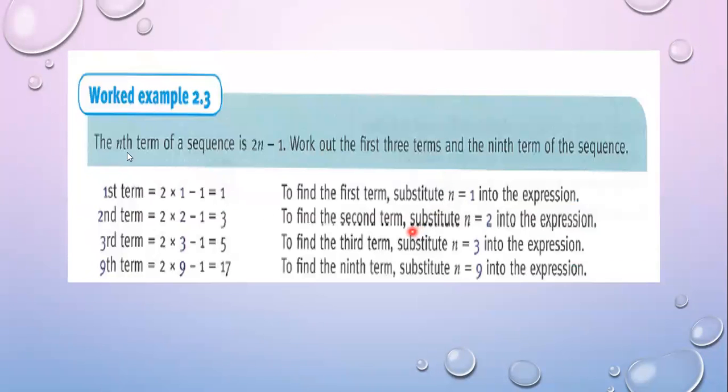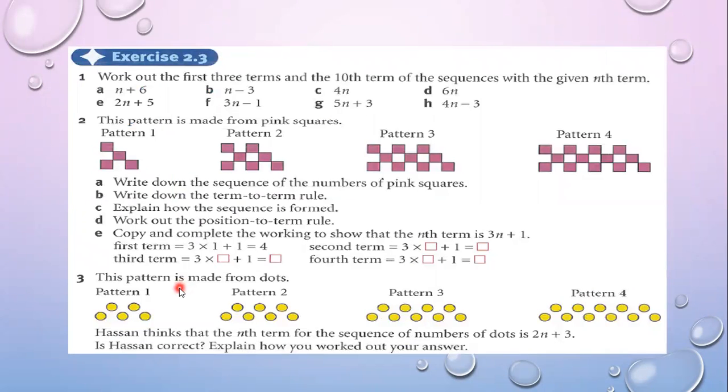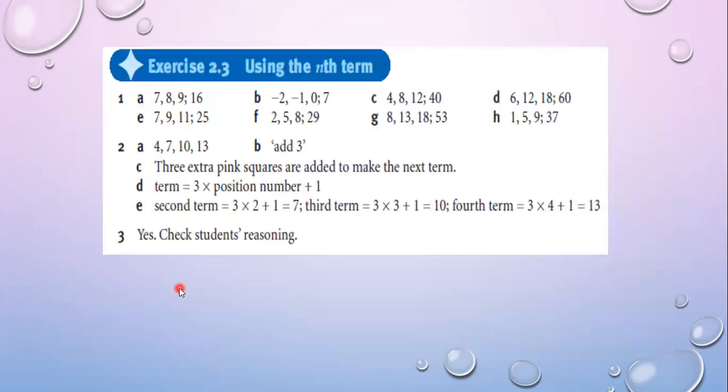Okay, let's move to 2.3. Okay, simple. First term is 1, so I write here 1, 2 multiplied by 1. It's so easy. So I hope you understand this one. Let's start from question number 1. So here we try to finish this 2.3 today. Okay, inshallah. First question is